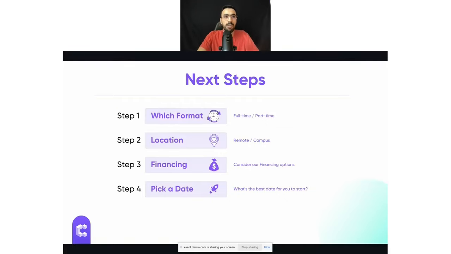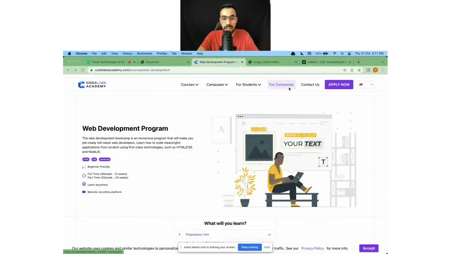One of these financing options is, if I remember correctly, 36 installments payment. So instead of paying the full price once, immediately straight away, you get 36 installments of the same price. If you divide the price that you see on our website by 36 installments, it's going to be a tiny fraction that you're going to pay for your learning journey. So for the next course, web development, for example,